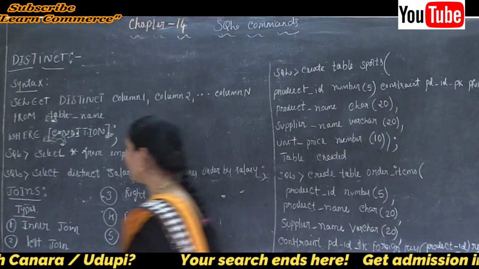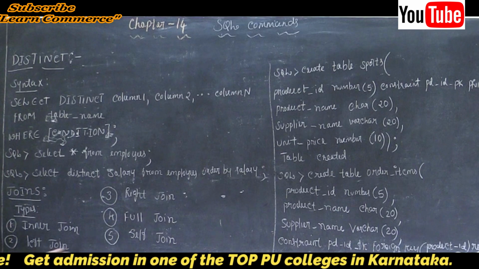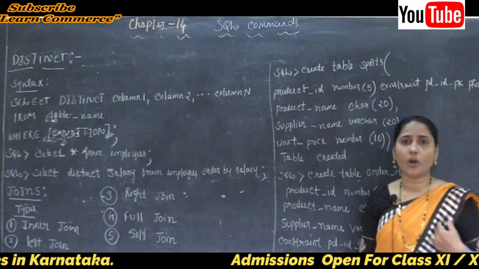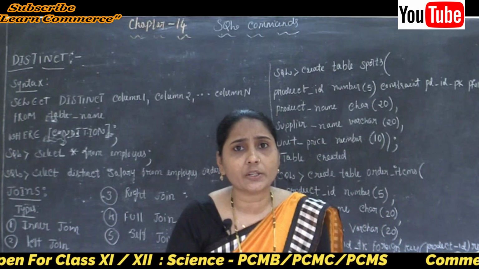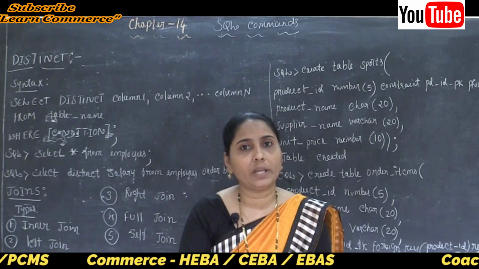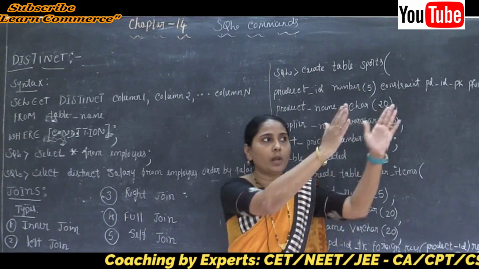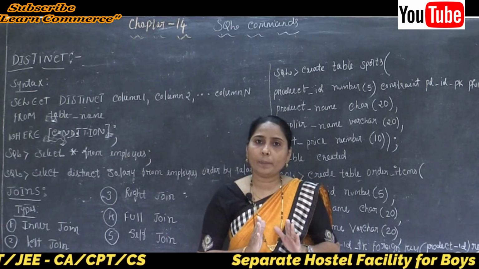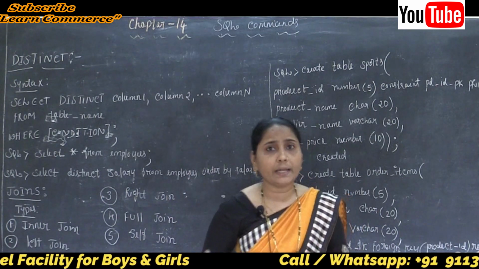After completing DISTINCT, because we know the meaning of DISTINCT, now let's go to the next important concept, that is joins. So what is the use of the join? Why are we using the join clause? The join clause is used to combine records from two or more tables in a database. Maybe I want to select some columns from the first table and some columns from the second table here.